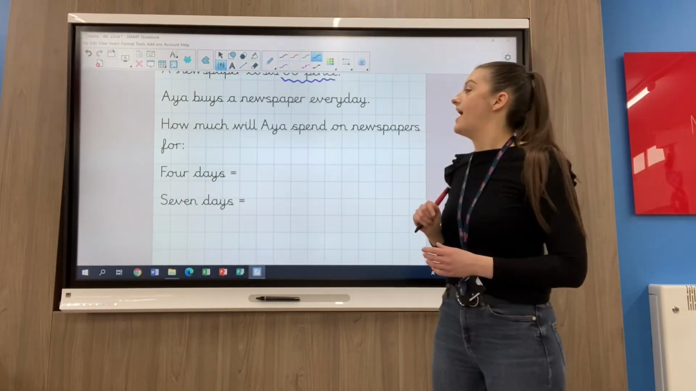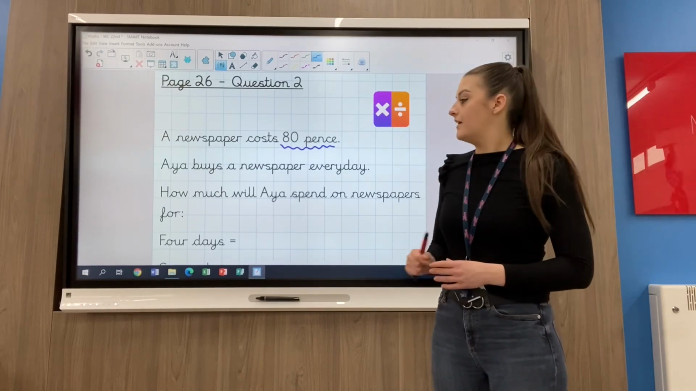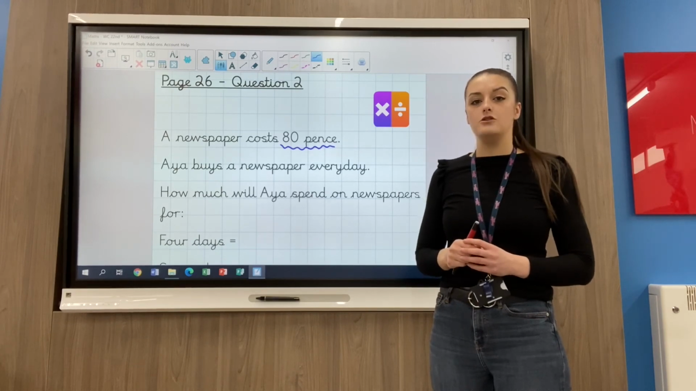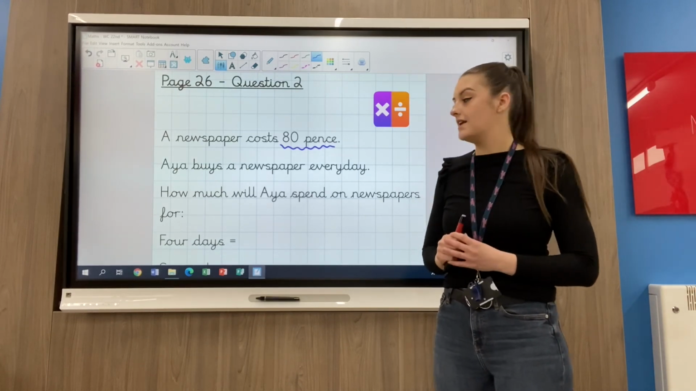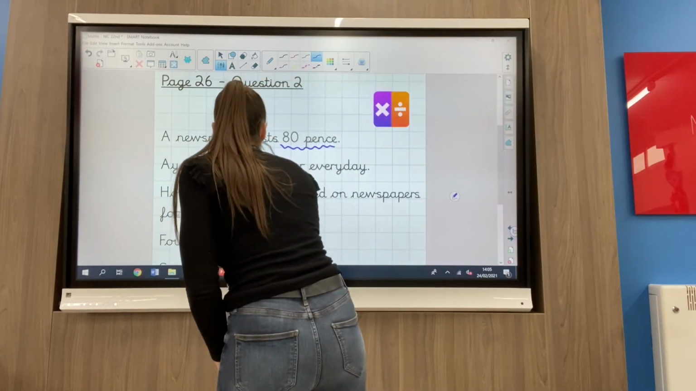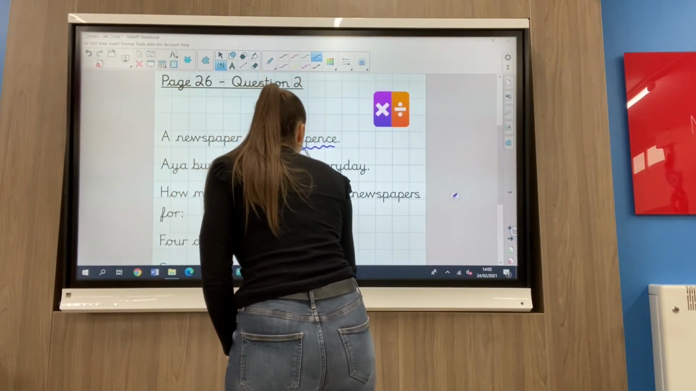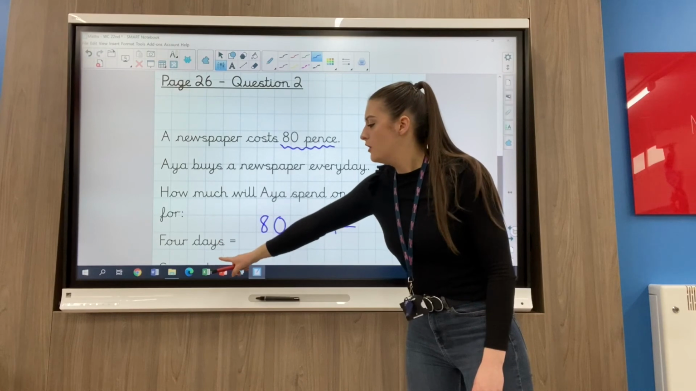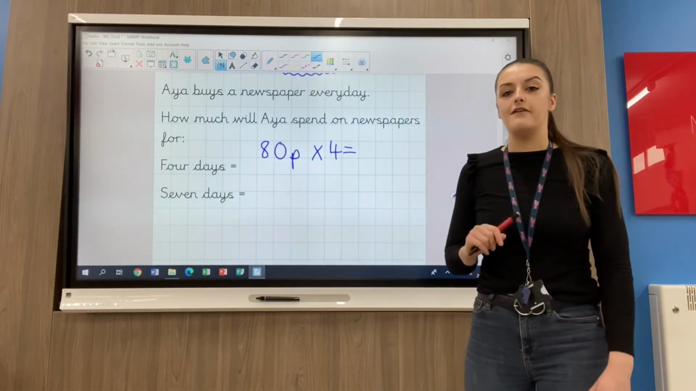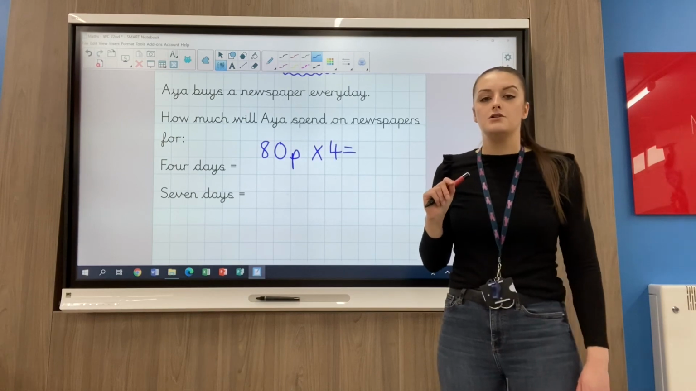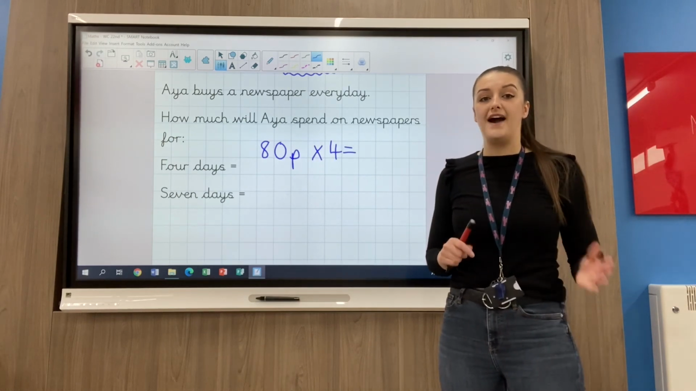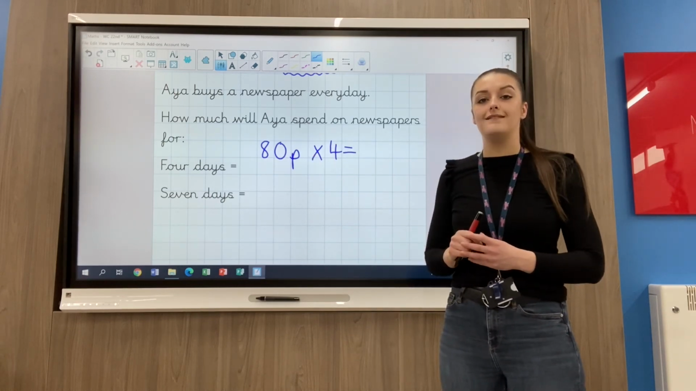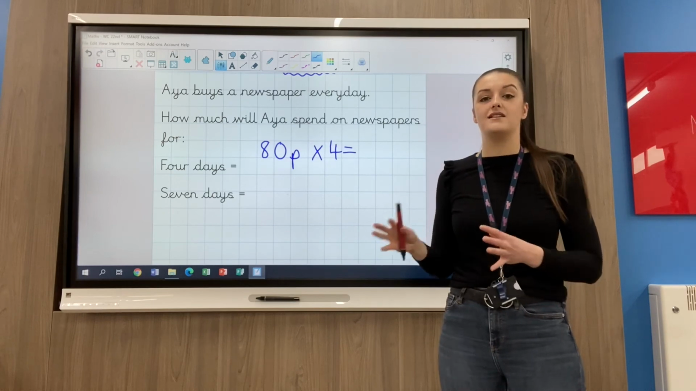Well, if we think that she buys a newspaper every day, then for those 4 days, she's spending 80p every day. So you might want to add up those 80p, 4 lots of 80, but we also know, because there's 4 lots of 80, it's like saying 80p times 4, okay? And then when you've worked that one out, remember, you've got a next one of 7 days. Now this is working in money. So when you've got your answer, think about the pounds and the pence. So you might work your answer out in pence first, and then you can convert it into pounds and pence,